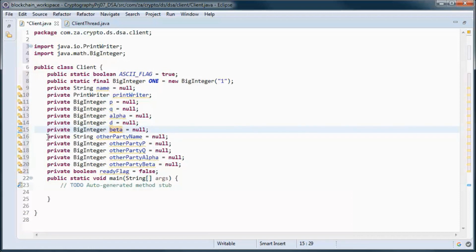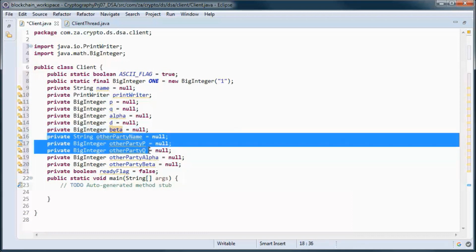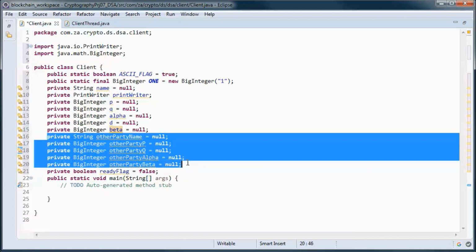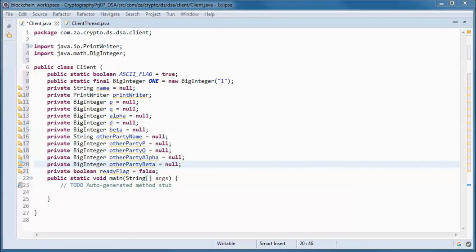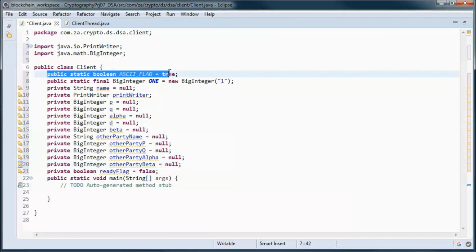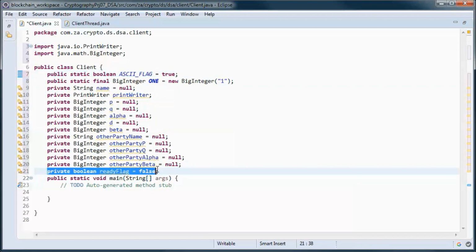And we will also keep track of the other party name, P, Q, alpha, and beta. And this flag indicates if we are running in ASCII mode, and this one if we are ready to send and receive messages.